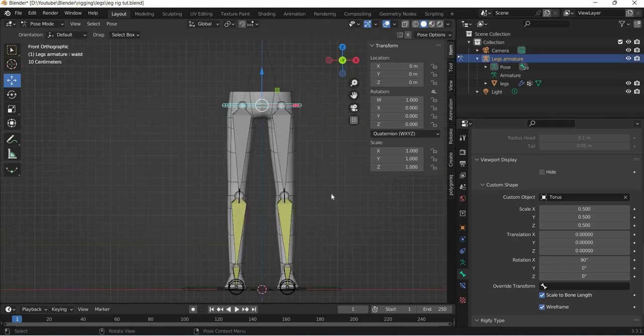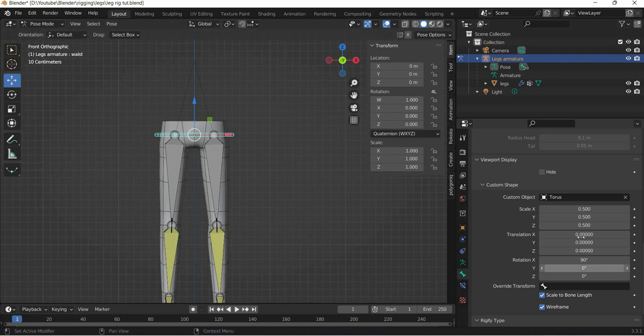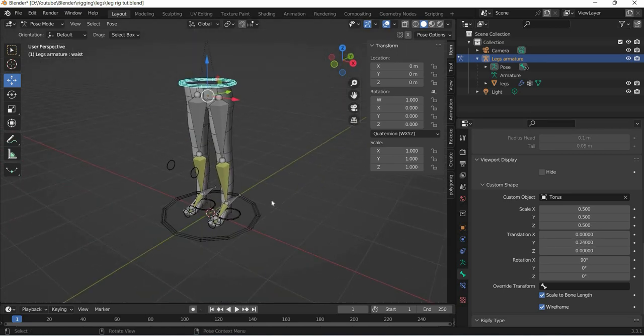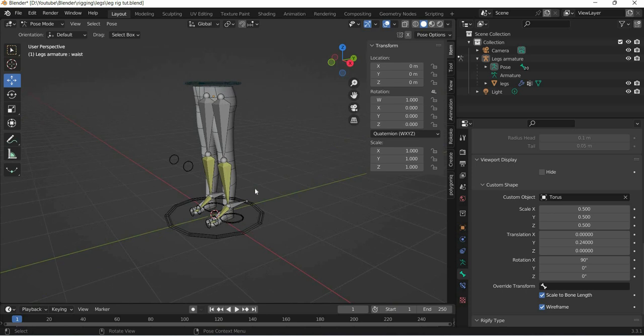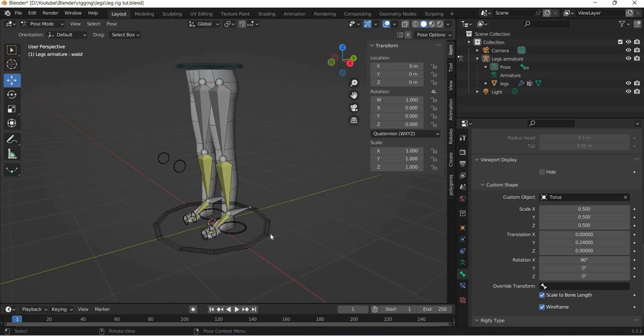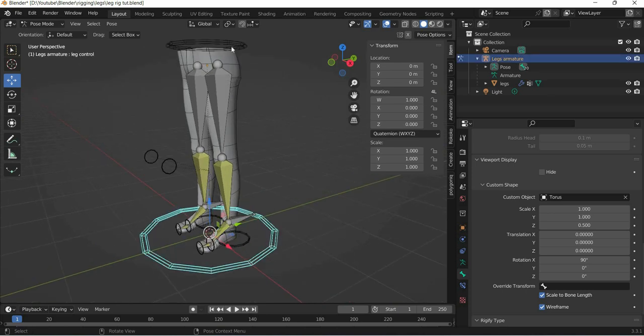Then this one we can also move it up somewhere there. Okay, now what we can do is select all the controls, shift,